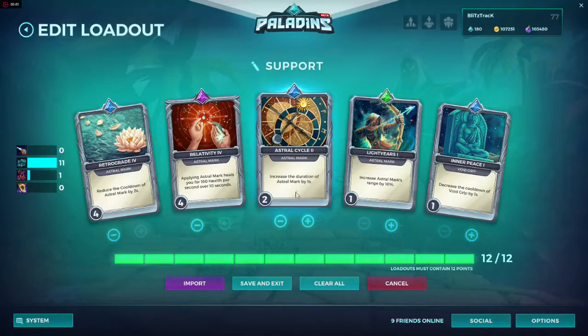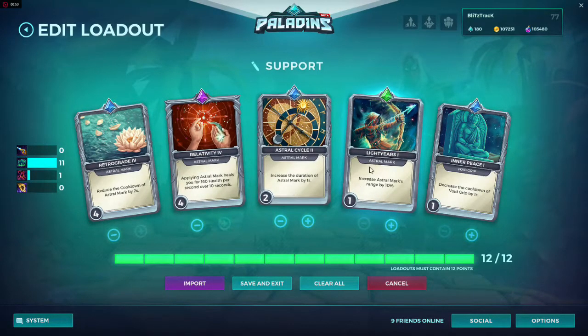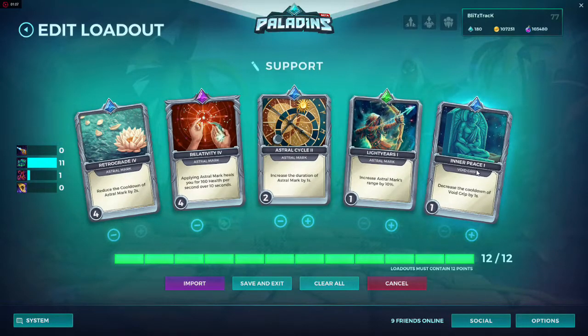Now next up we have Astral Cycle at level 2. This is just gonna increase your astral mark duration by 1 second. Nothing special, but sometimes that 1 second is all you need to win a fight. Next one is Light Years at level 1, which is gonna increase your range of astral mark by 10%, which is good. I mean, if you're gonna stay near your teammates, you don't really need this one, but it's helpful